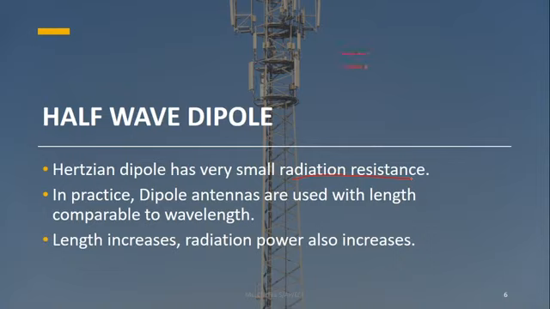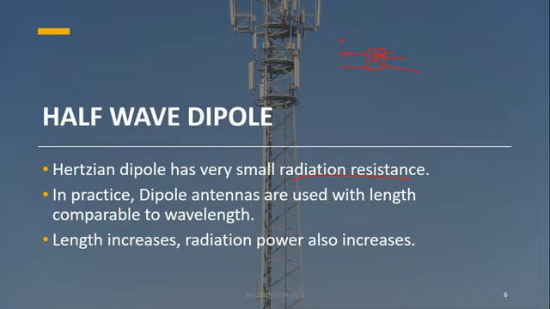We saw in unit 1 already that this is a transmission line. At the end we are going to have an antenna. This will have some impedance value, and the transmission line will have some impedance value. Only if these two are matched can we get very good radiation. But when the radiation resistance of the antenna becomes very small, then matching with the transmission line becomes difficult for us. That is the main drawback in the Hertzian dipole.